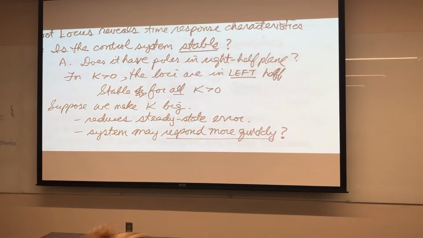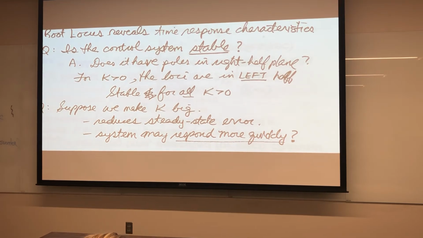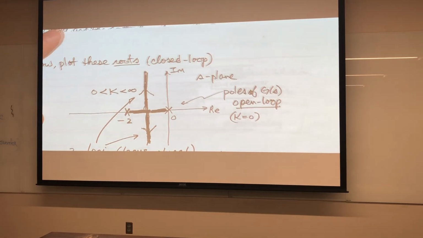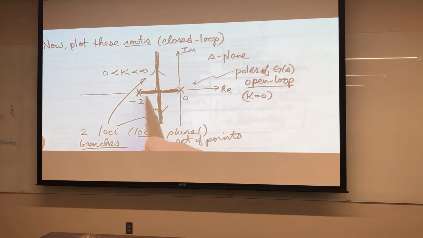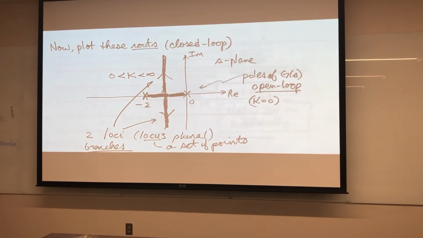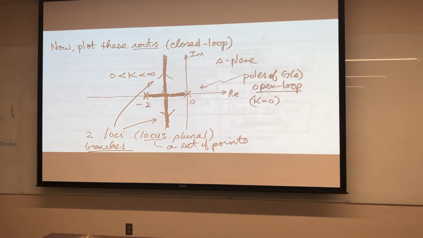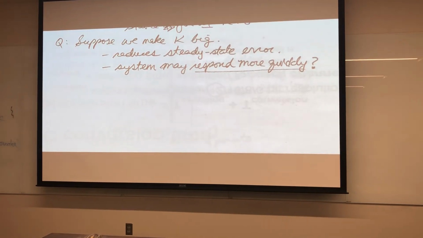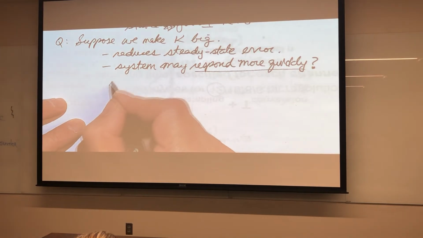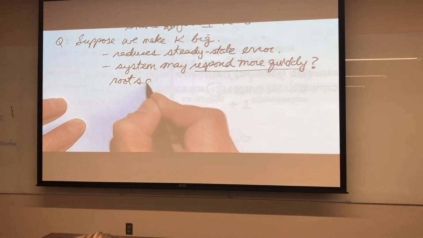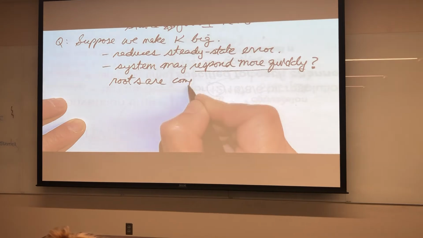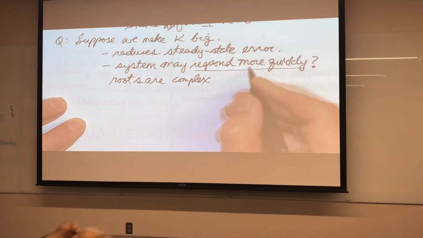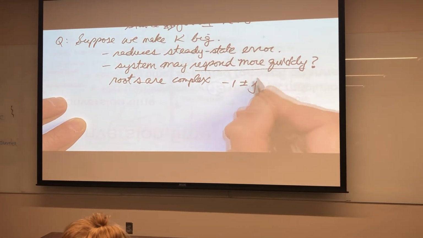Will the system respond more quickly? Well, let's take a look at the root locus. If you take a look at the root locus, we discover that as k is large, the roots are complex. So, will the system respond more quickly? Roots are complex. Somebody generalized it and said it's -1 plus or minus j